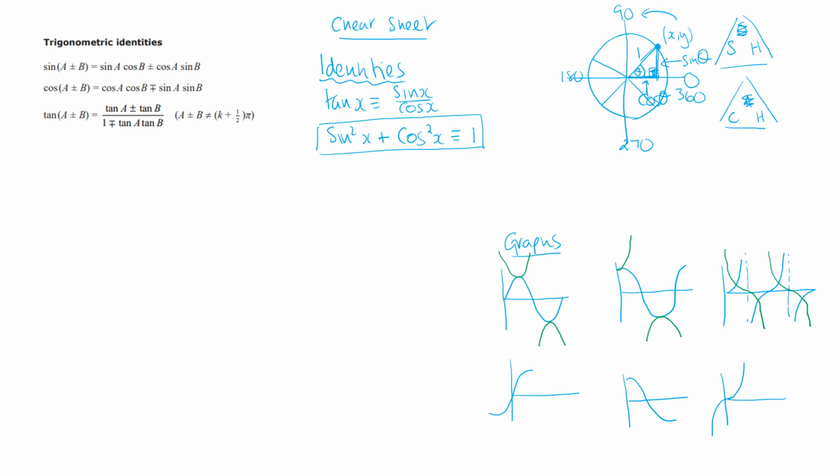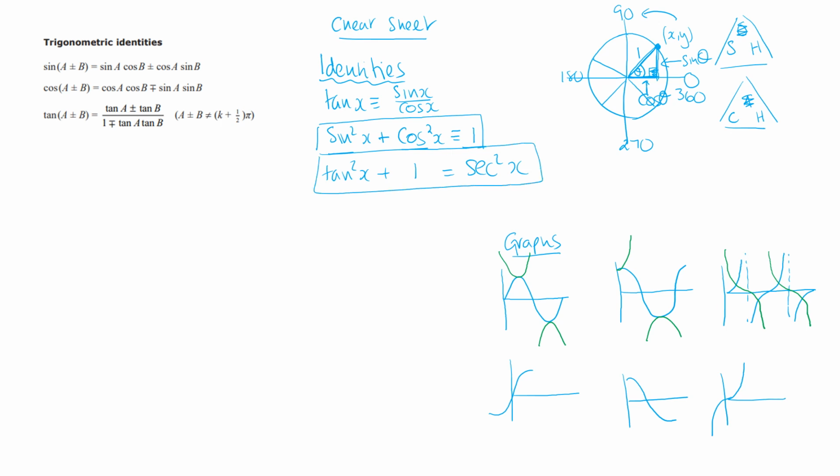Now because we've made the radius 1, we can see that sine squared plus cos squared is equal to 1. We're just using those expressions and Pythagoras' theorem. So that's why it's a Pythagorean identity. Now what we can do with that one, if you think of all the terms in that identity, you can just divide through by cos squared. So just imagine cos squared underneath each of those. Sine squared over cos squared would give you tan squared. Cos squared over cos squared would give you 1, and 1 over cos squared would give you sec squared. So that's the other